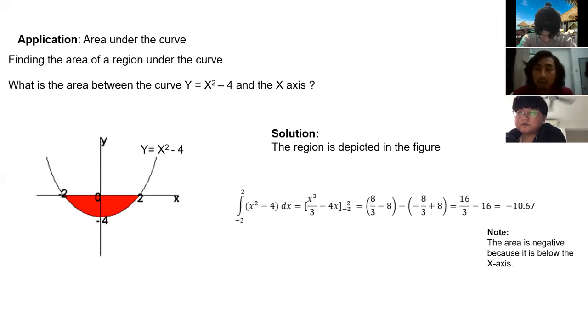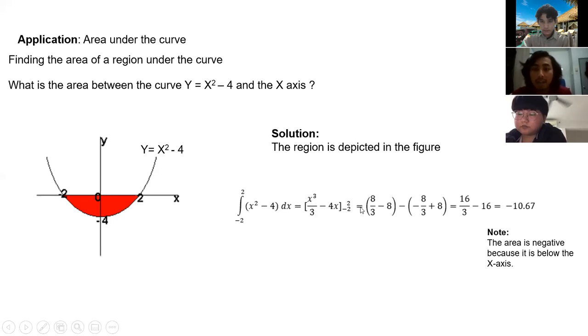To solve this question, the lower limit is negative 2 and the upper limit is 2. We put the equation x squared minus 4 dx. First, we have to integrate the equation: x to the power of 3 over 3 minus 4x, and put the limits